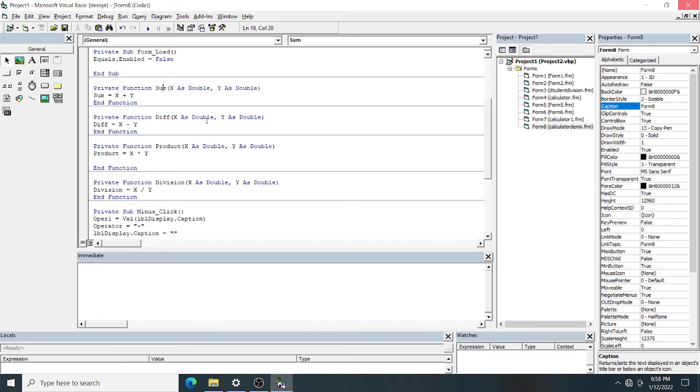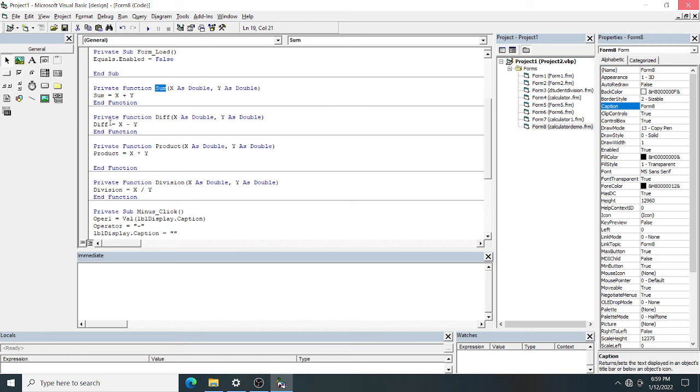And the function call will be in the equal button section. It has to be called. And here x plus y and Sum, this name and this function name should be the same. Don't think Sum is a variable. It is not a variable. It is the name of the function. So here Sum and Sum, the function name here should be the same.